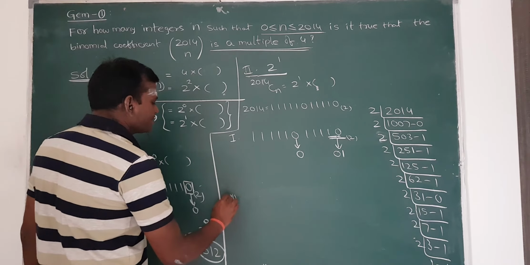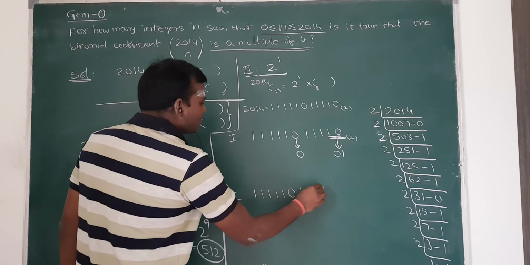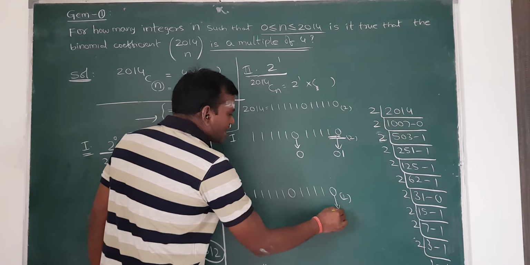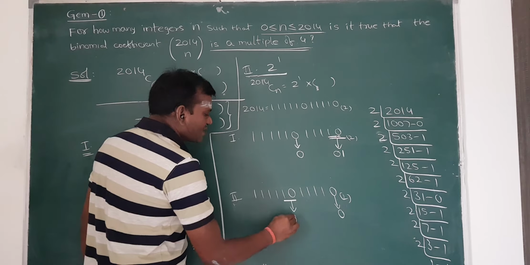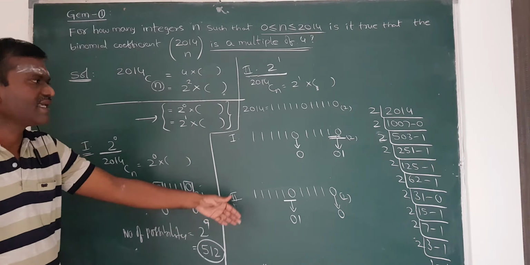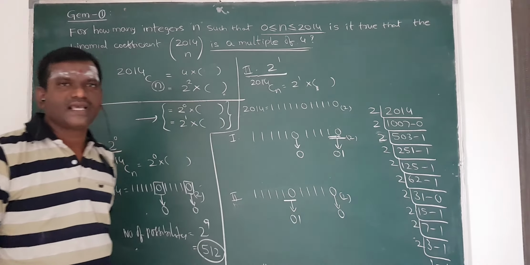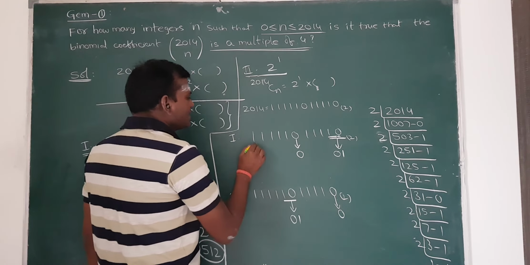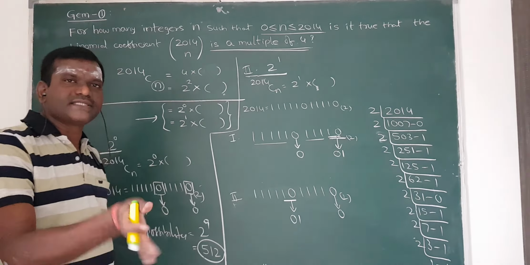That means the second case. Here also what I am doing is in this position I will keep 0 as itself, but this 1 is changed to 0. This is the same case only. But here in this place I am keeping 0 itself, no change. So how many numbers are possible here? These are 5 ones and 3 ones. So in these 8 places we can keep either 0 or 1.